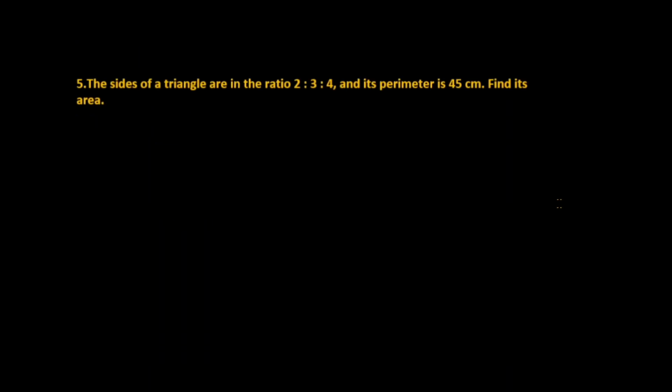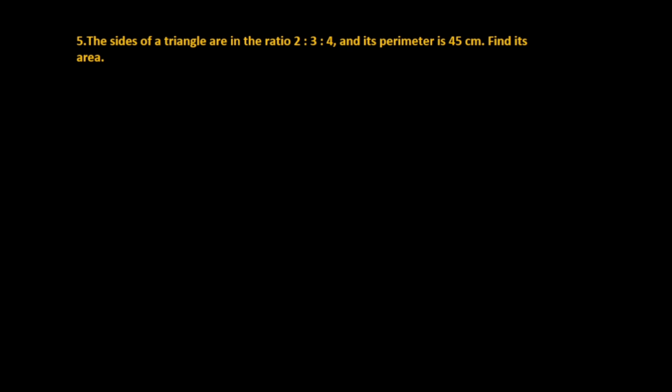Next question, fifth question. Sides of the triangle are in the ratio 2:3:4 and its perimeter is 45 centimeter. Find its area. Let's take the sides of the triangle ABC, so A plus B plus C, the perimeter of the triangle given here is 45 centimeter. So how to find ABC? The given ratio